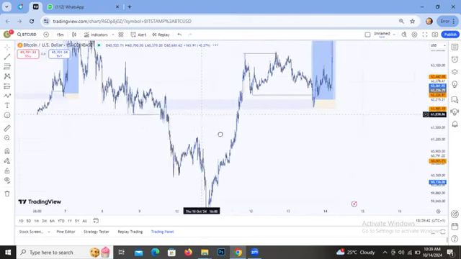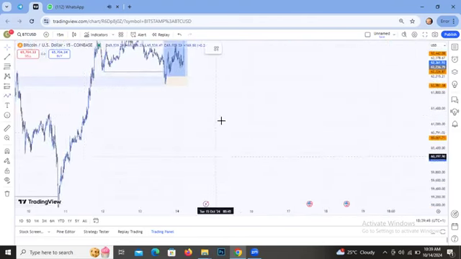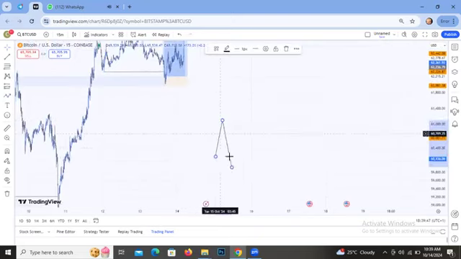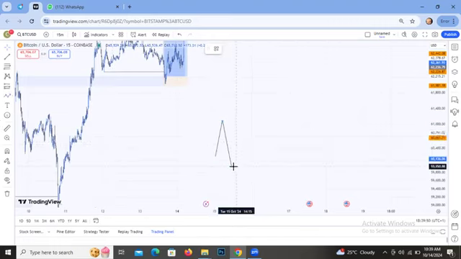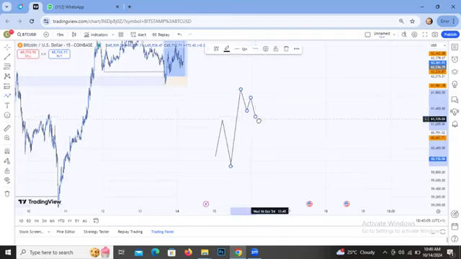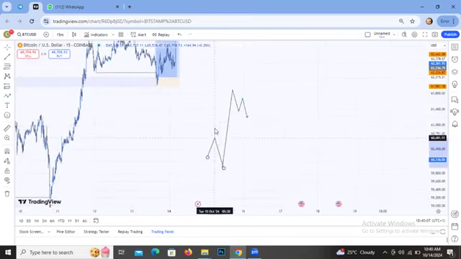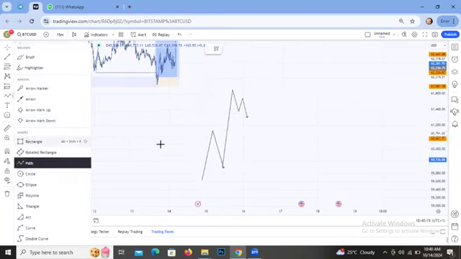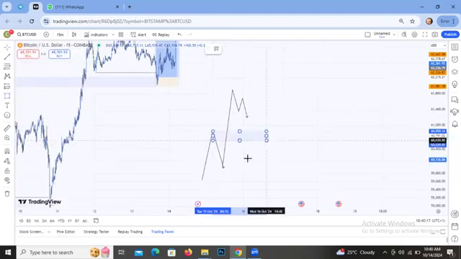Okay, this question now. Let's say we have a break. We have this zone now, and this order block now failed to hold, right? And we have something like this. When returning back, we have something like this. Then okay, let me just go down. This is our breaker block here. This is our breaker block, and you know that when the market is returning into the zone, the market will keep